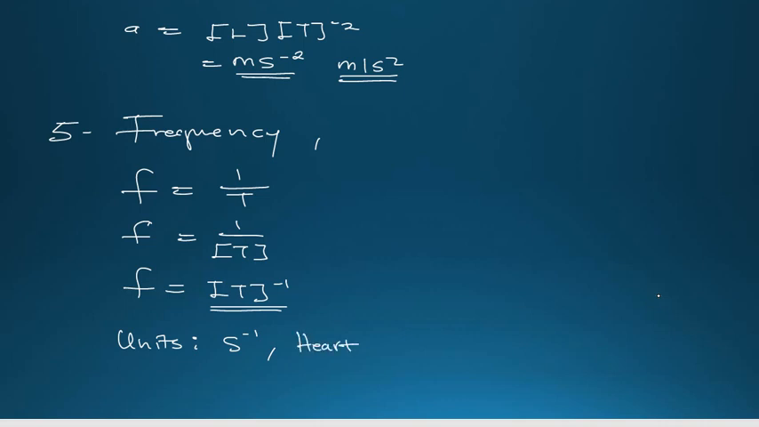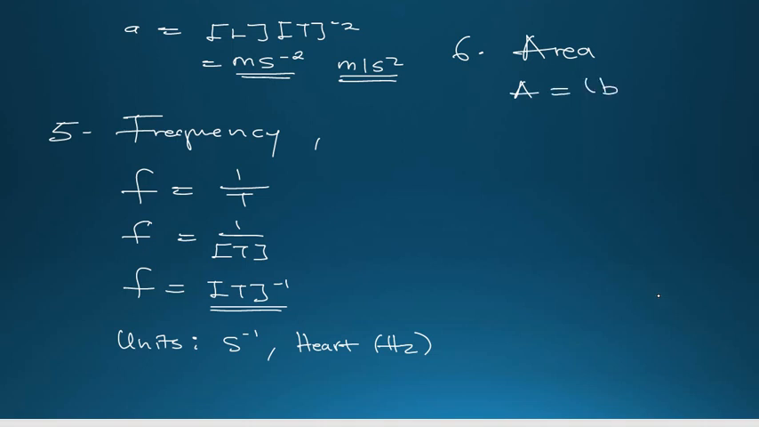So saying hertz, or second raised to the power negative 1, it is one and the same. Let's go ahead. What else do you need to know? We can talk about area, okay? Area is given by